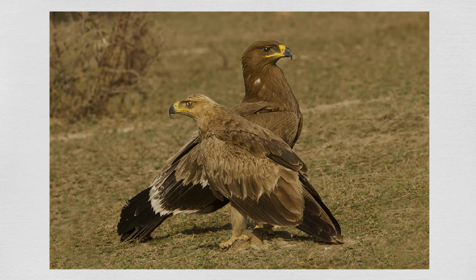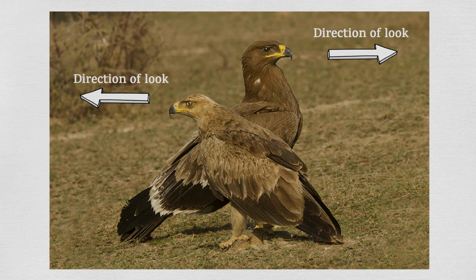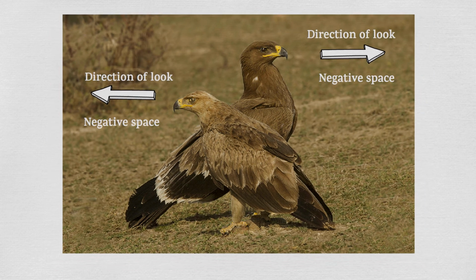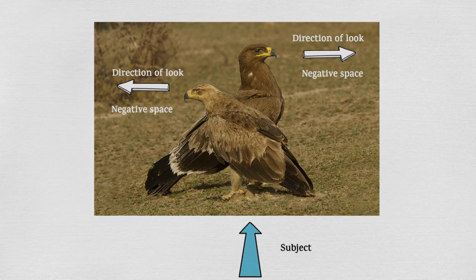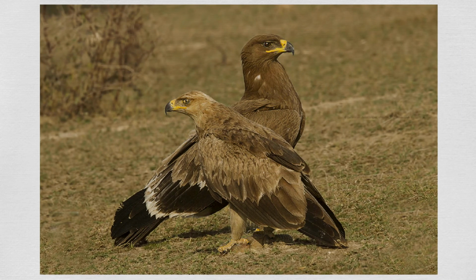There are situations in wildlife or in weddings where there are people or subjects looking in opposite directions. So now you have to give negative space on both the left as well as the right. The best way to do this is to keep the subject in the center. If you do that, then you have negative space on both left and right, and the picture looks better. So the composition here again takes care of all the other elements.